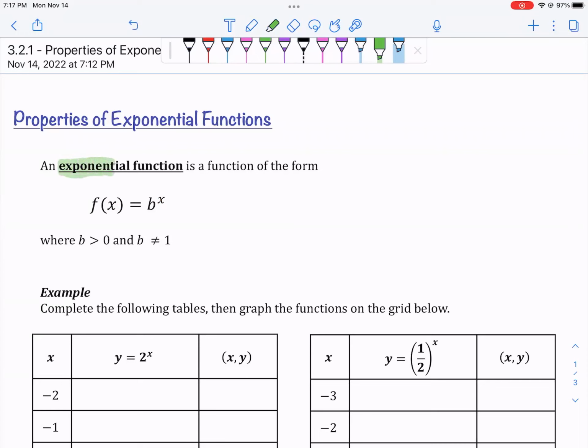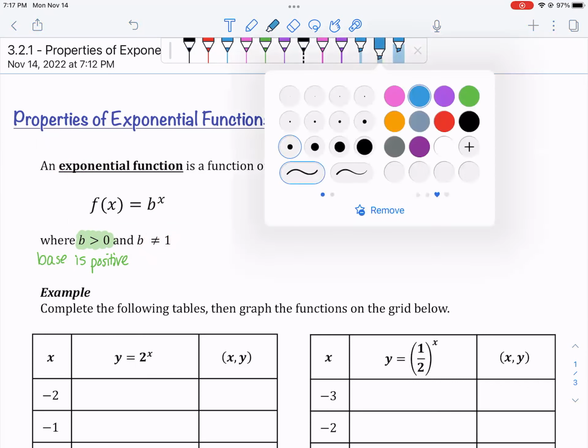Exponential functions is what we're looking at. So anyways, exponential functions are going to be functions where the variable is the exponent, not the base. The base itself is going to be a number, and that number does need to be positive. That's what this says. b is greater than 0, so it's saying that the base is positive. And we can't have b be equal to 1. If we were to have b be 1,